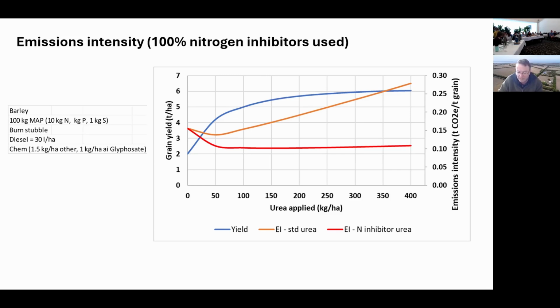But you're right, Nick. I think the best thing you can do as an advisor now is just start playing around with some of this. As I said, I'll check the emissions intensity one, because I was surprised with that. But as I said, I had a bit on my head the last couple of days to go back and recheck it. But any of those sort of things, you think, okay, I'll use more sulfate of ammonia. This is the way it would work, but I'll have to put a bit more lime on. Just change those numbers in the calculator and see what output you get. There are just an infinite number of combinations that you could think of what you can do. But it's a great way to learn your way around the calculator, I can tell you.